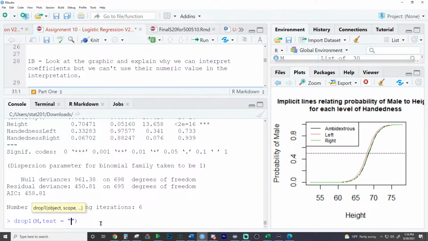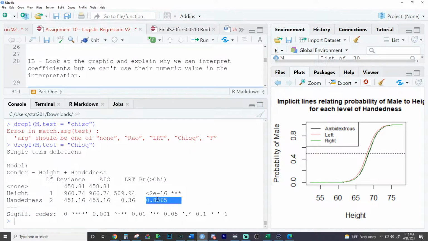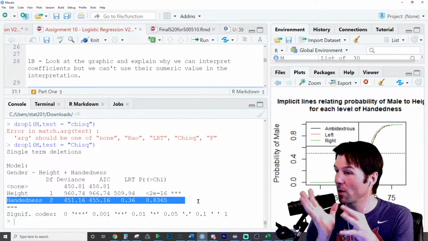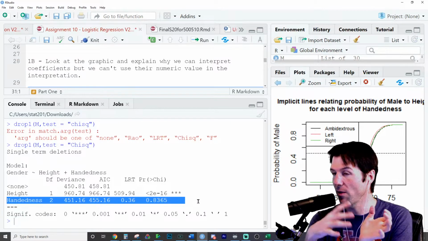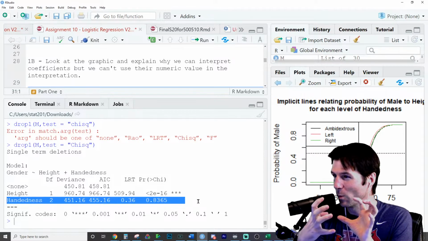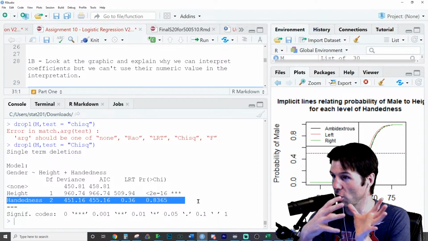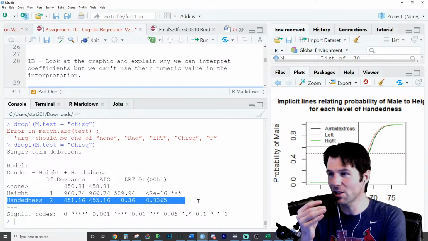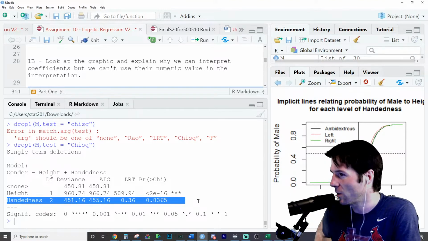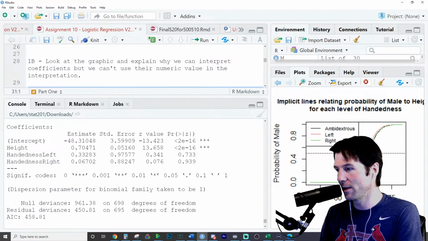So we talked about this last class, especially that when you're over here, it should be chi squared, and it wants a capital chi squared. The capital chi-squared right here runs the test and tells you that handedness is not statistically significant. As in, we are comparing a model with handedness and a model without handedness, and we're looking to see if handedness helps us out and changes the null deviance. In this regression, we're no longer looking at sums of squared error, so we can't look at reduction in sums of squared error. We can look at change in null deviance. So this does not actually help it. And that's probably the best way to explain it to someone: handedness is really not doing much for us. It's not helping us out right here.